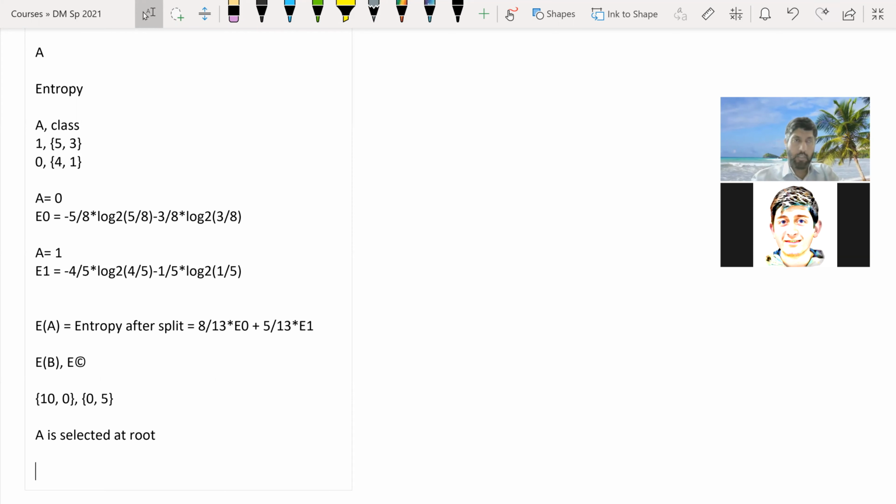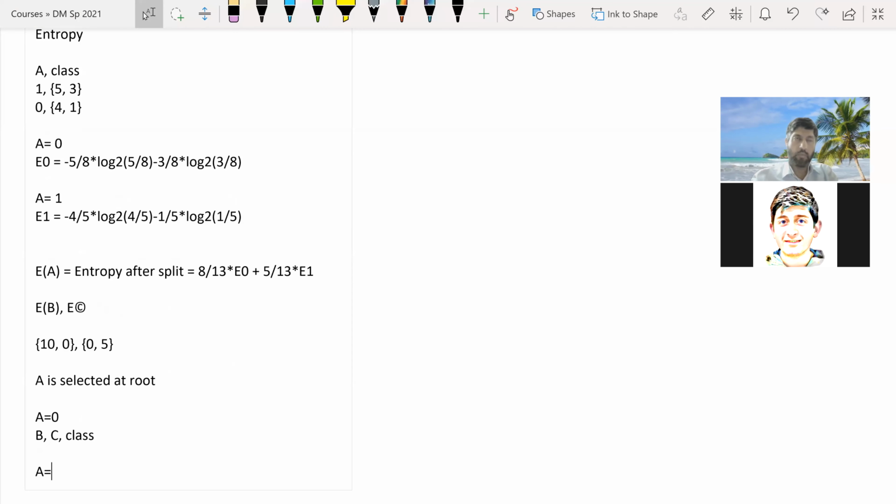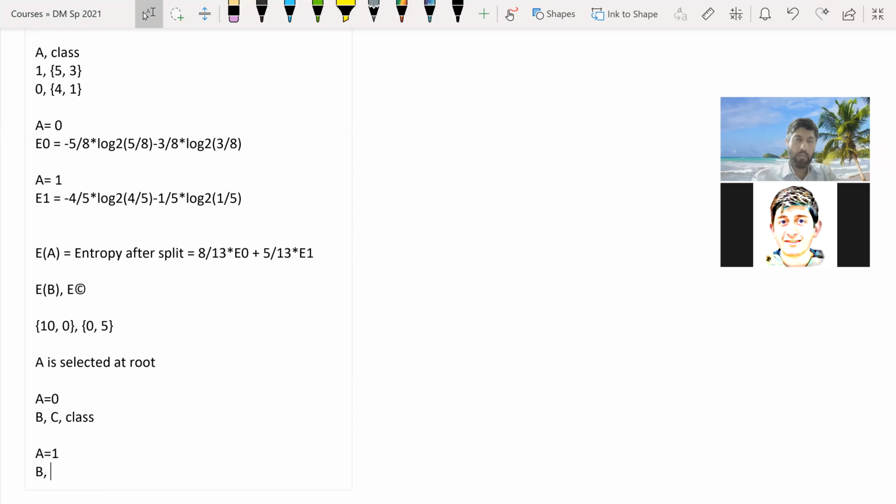If you take A is equal to 0, for example, the data set gets filtered into this set. All of the data in this branch would have A is equal to 0. So the options now at this branch are B and C. All values for A will of course be 0, so we don't consider that. And then there is the class. Similarly, in the A is equal to 1 branch you have B and C and the class, but now all of these examples have A is equal to 1.